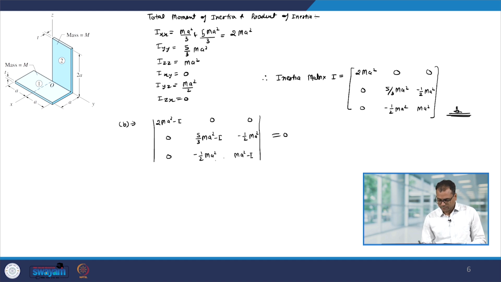So, let us solve this equation. So, we have 2 m a square minus I into 5 by 3 m a square minus I into m a square minus I